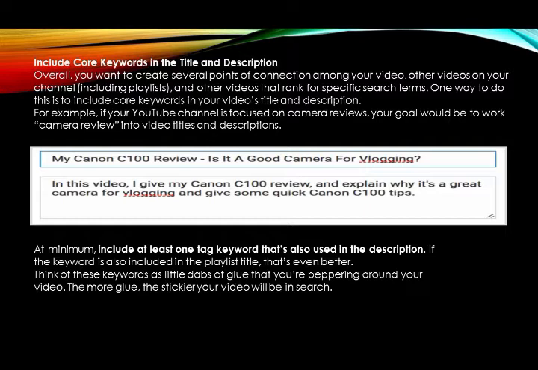If the keyword is also included in the playlist title, that's even better. Think of these keywords as little dabs of glue that you are papering around your video. The more glue, the stickier your video will be in search.